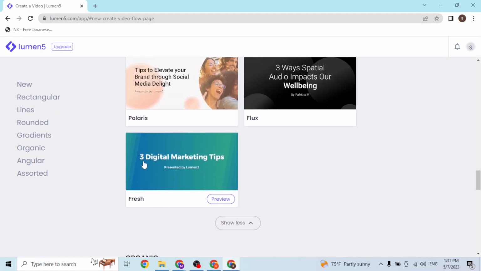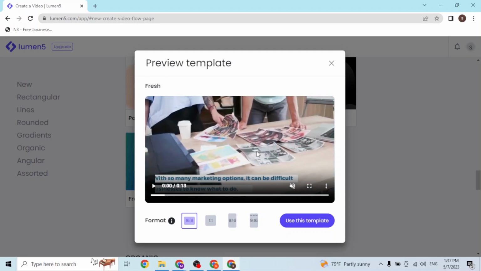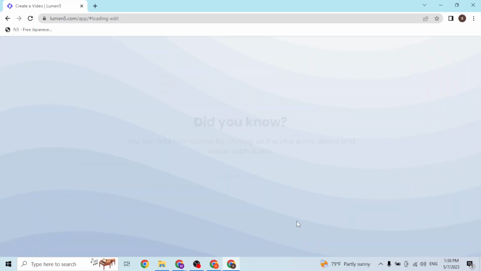Simply choose a template to go with, and you will be able to see the preview of the template with the coloring effects by the template and text. You can see the text effects. You can choose the format of the video from over here, on which format you want your video to be in. Either the 16:9, or the 1:1, or 9:16 for mobiles. And after choosing your format, simply click on use this template, and that template will be used to optimize your